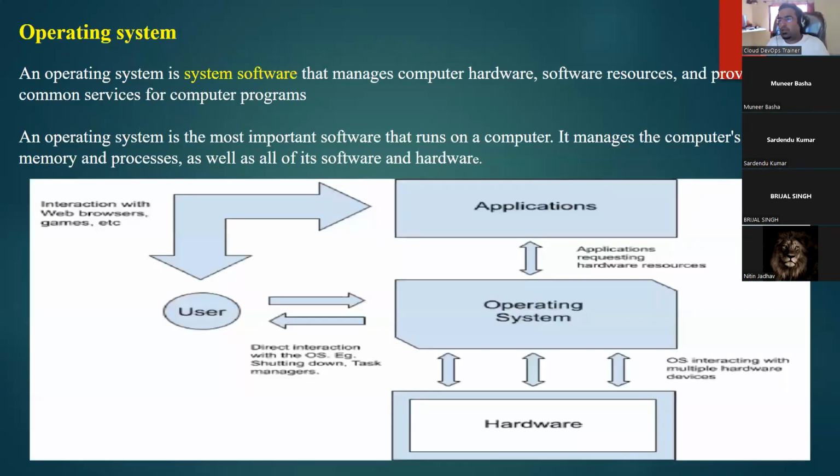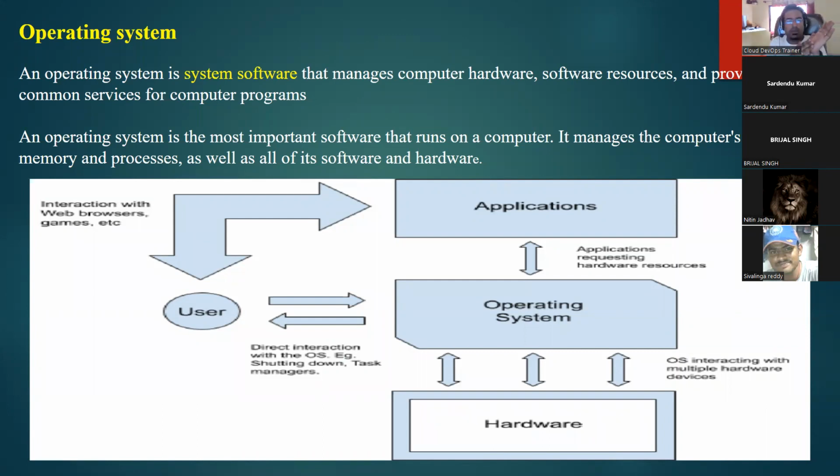Quickly, let me know what is an operating system. We have already discussed in the last class. I need an answer from you. So it basically works as a bridge between the user and the computer software.